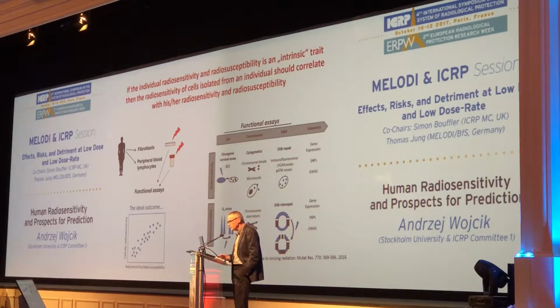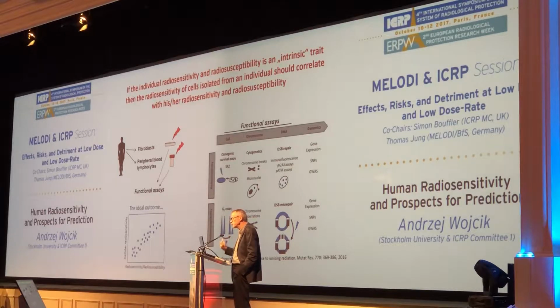And there is a lot of publications, a lot of attempts to find this correlation. And there are different assays that people have used. And these assays, you can put them together and call them functional assays, because you irradiate cells and then you look at the net outcome in terms of survival or in terms of chromosomal aberrations, or how they repair DNA double-strand breaks, for example, which we know are very important for what happens to a cell that was exposed to radiation. And then we can also look at gene expression profiles.